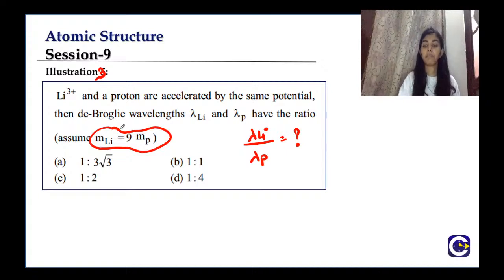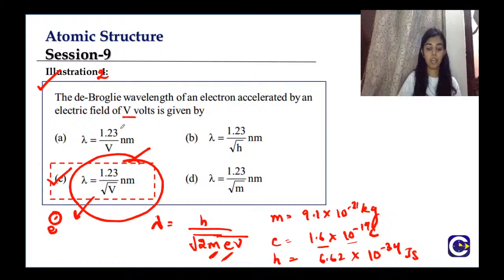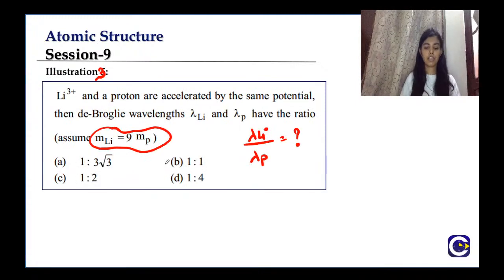Also remember the previous formula that I told you to learn by heart. The unit is in nanometer. You also have to remember this, right? The answer for lambda that you will get by putting the potential will be in nanometer. If lambda is asked in meter, first you find it in nanometer through this shortcut formula, and then you can convert it into meter. Now do this question and let me know the answer.